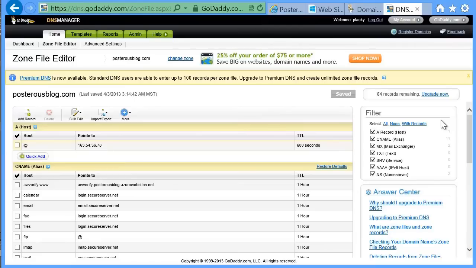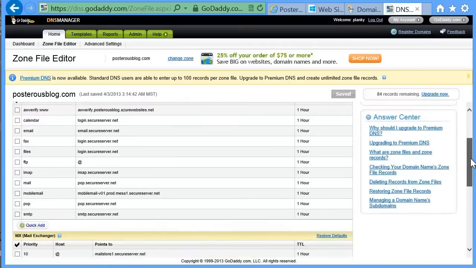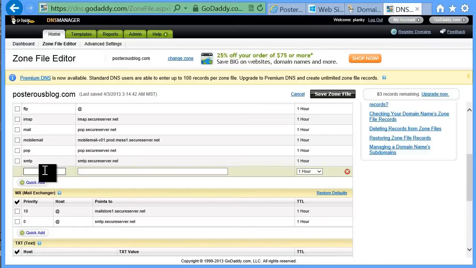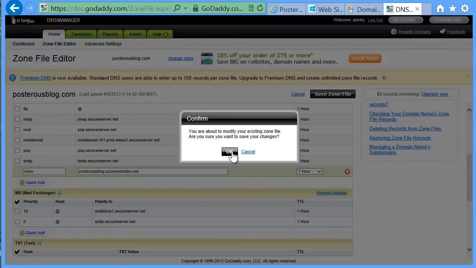You can see the domain name in the zone editor. Each domain registrar will have a slightly different way of doing this, but the principles apply no matter what registrar you use. On the GoDaddy domain management page, I create a special record called a CNAME record. In this case, I make the www entry point to my Windows Azure website's URL, posterousblog.azurewebsites.net. It means a user will be able to type www.posterousblog.com into the web browser rather than the rather more clumsy